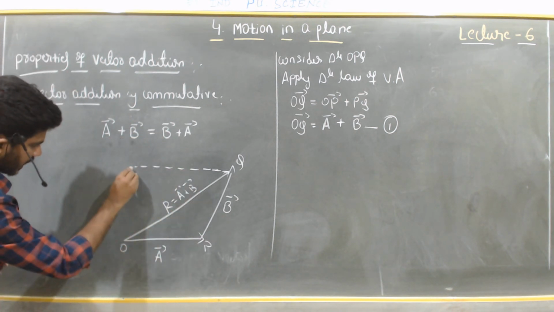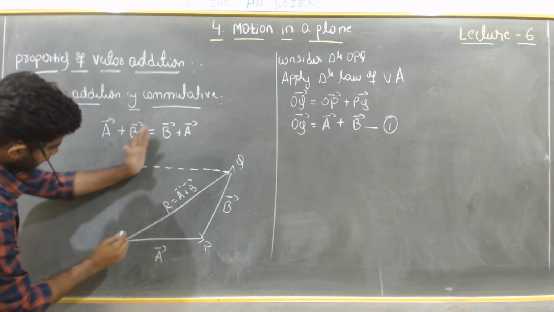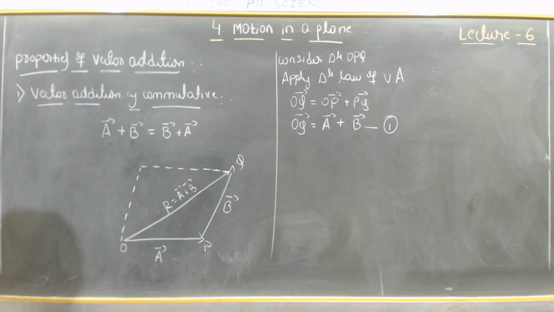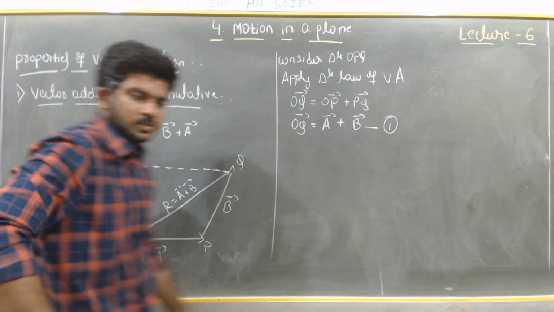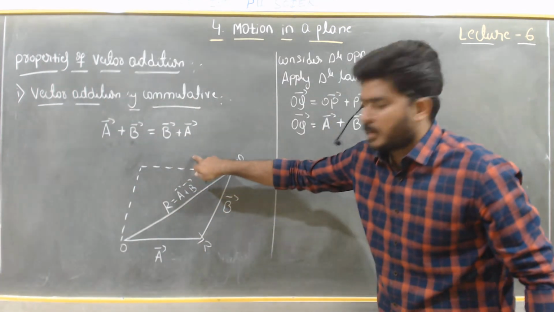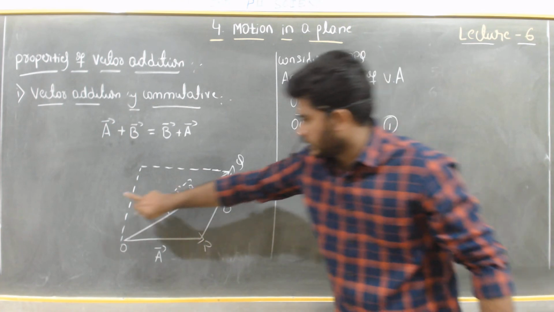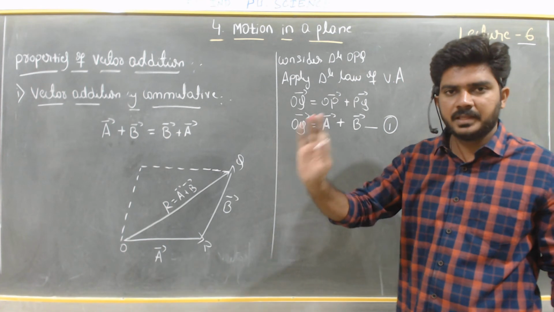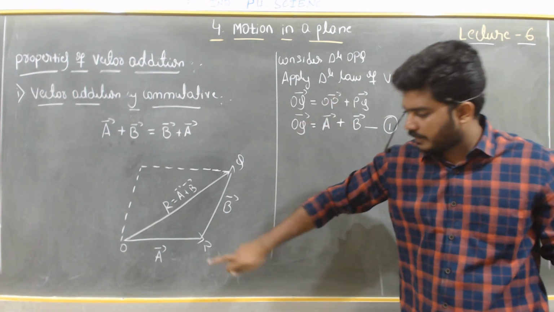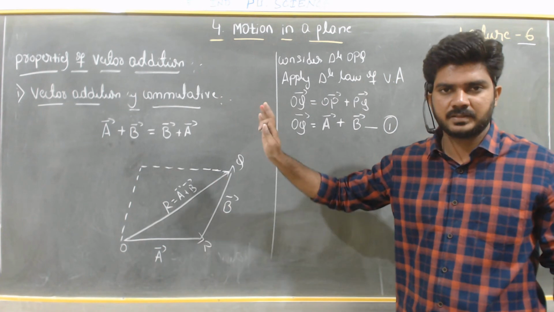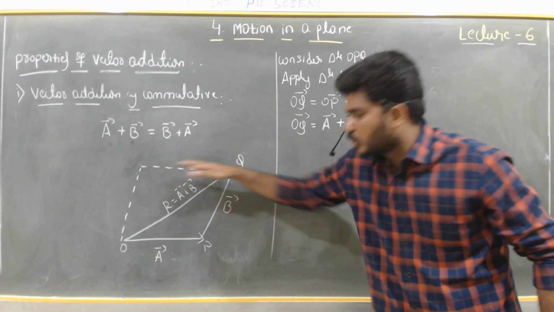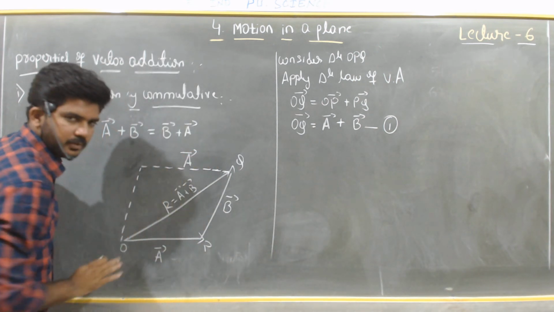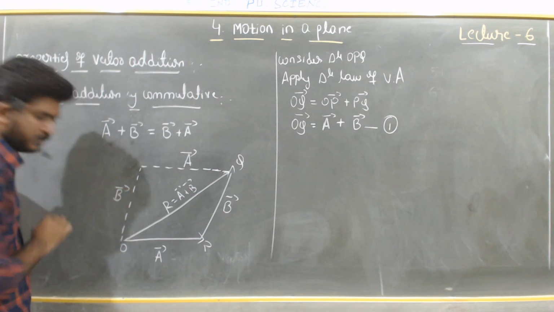Next, another one should be taken in the same manner. Right. Yes, I have taken another line. See, parallel means what? If this is 5 meter, then the above side will be 5 meter. If this is 6 meter, then the front side will be 6 meter. Right. But here we are not having the value, but instead of value we are having some vectors, right? Here is the vector A, then the above side will be vector A. Here we are having the vector B, so this will be vector B.